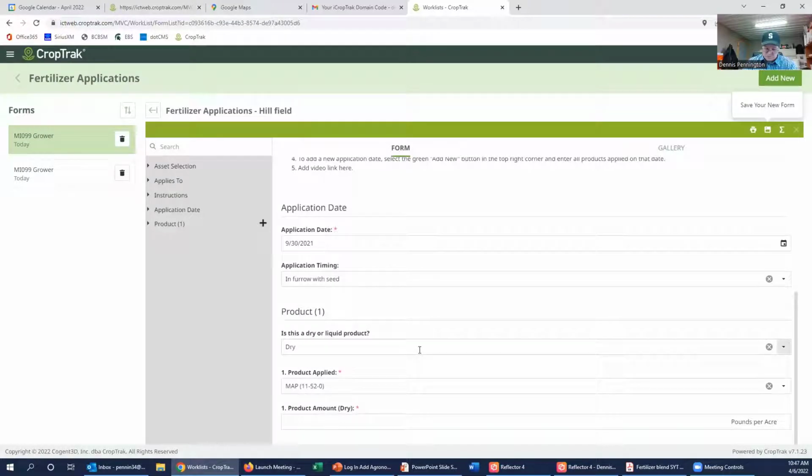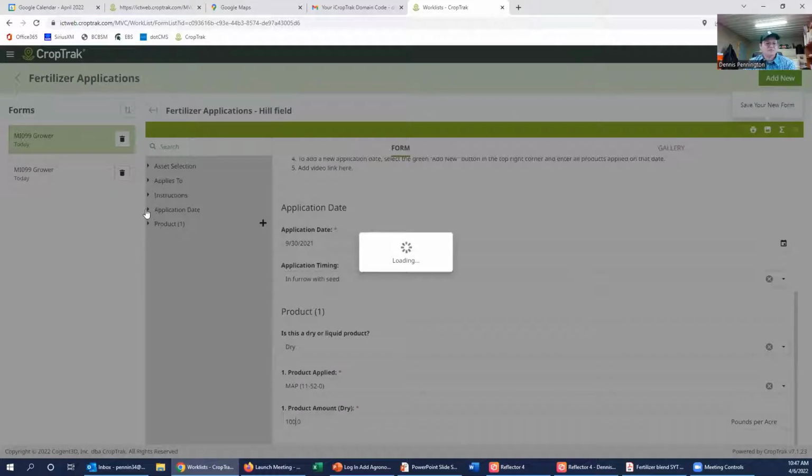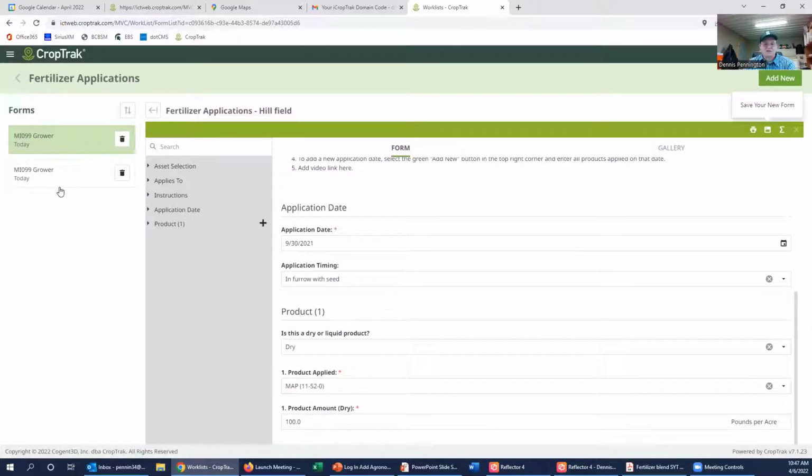So I can say we put on 100 pounds of MAP, and I've got it on per acre, and then I would hit save, and then I've got my 2 applications. So let's say that now you're in the spring, you've made your first application of